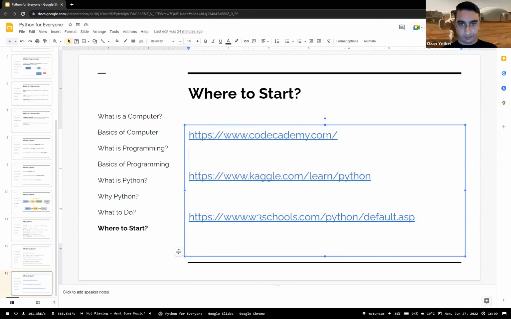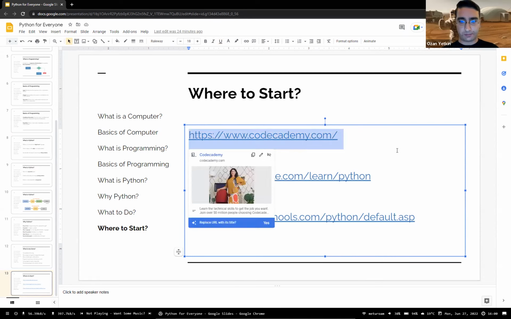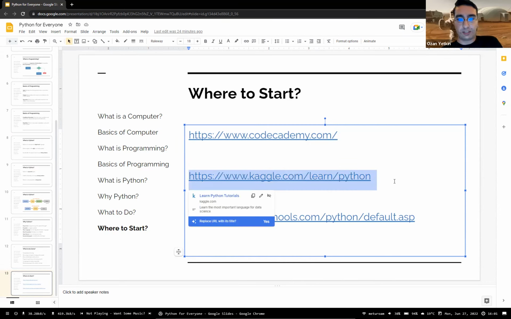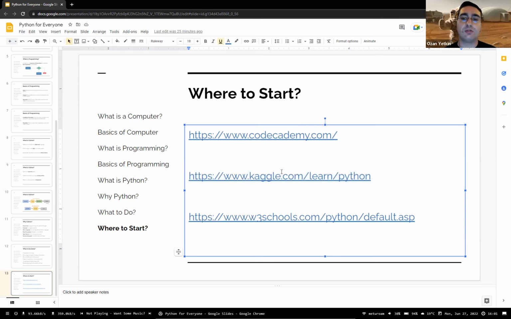Code Academy is a bit more comprehensive. It takes more time. If you don't have much time, I would recommend checking Kaggle. It takes about 8 hours. You can start from today and continue tomorrow. And since we have 4 days for the workshop, you will have a chance to finish all those exercises in Kaggle, maybe we can do it together also